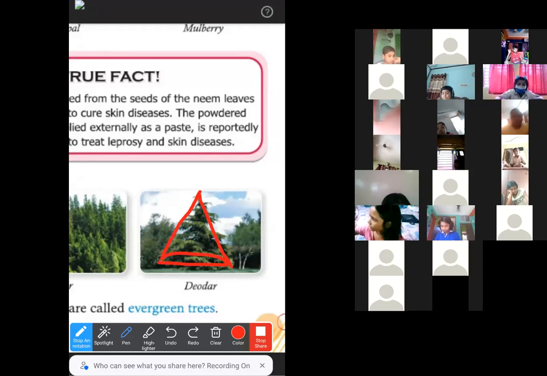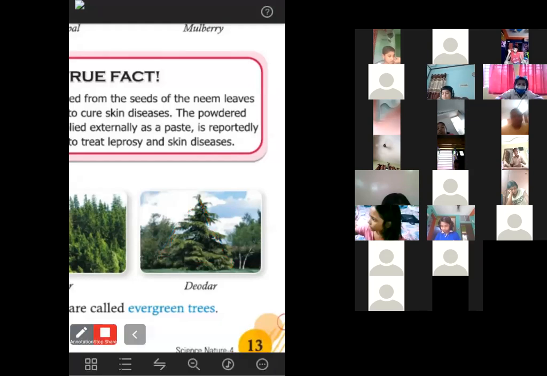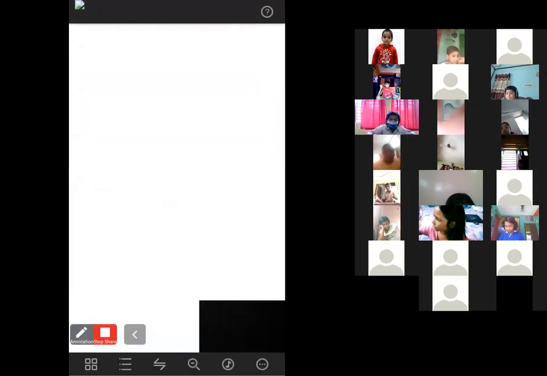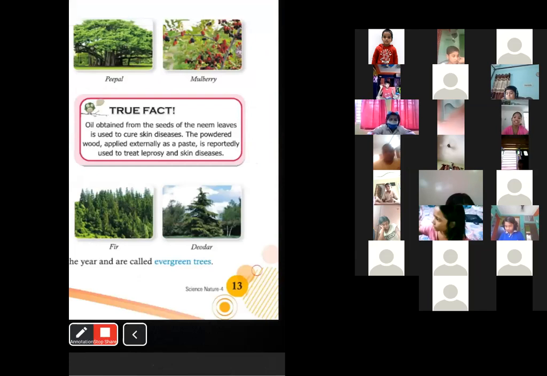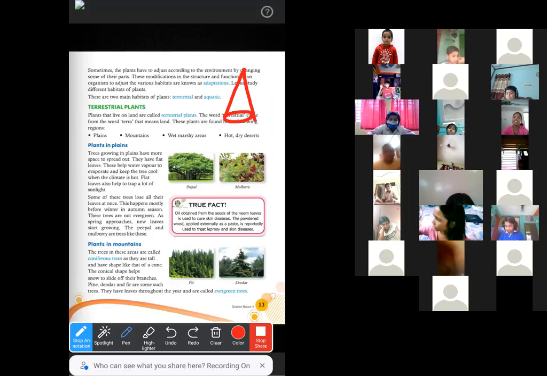I'm just drawing the shape of a conical structure for you. You all know which structure is called a conical structure? This one, right? This is the structure of a cone. And most trees that we can see in the mountains have this conical structure.